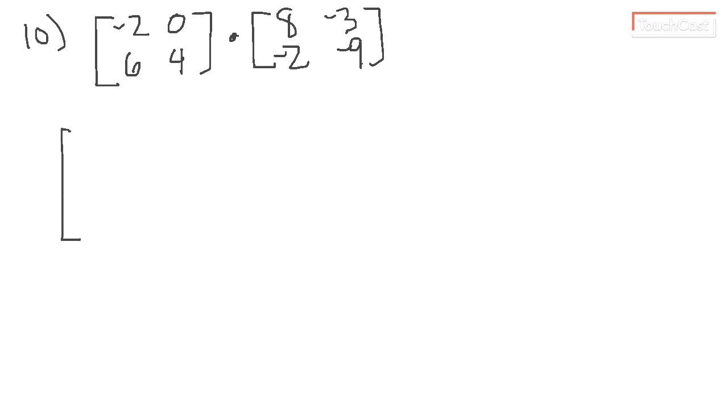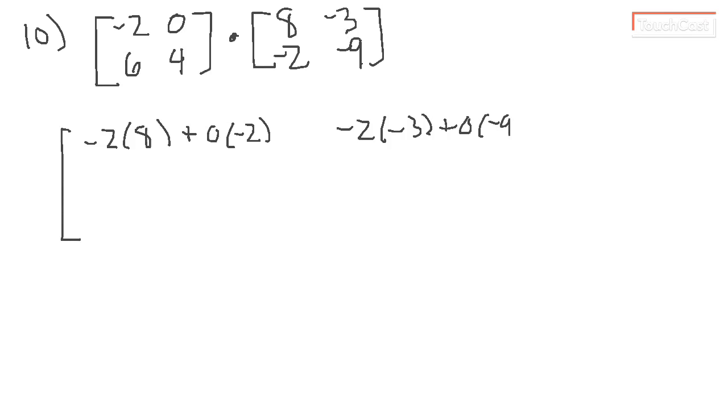So we're going to go negative 2 times 8 plus 0 times negative 2, and then we're going to go negative 2 times negative 3 plus 0 times negative 9,